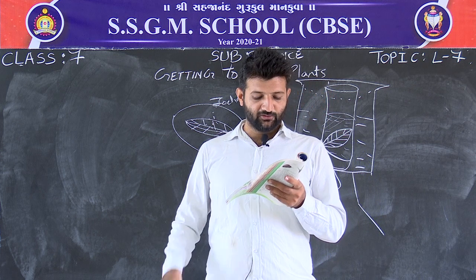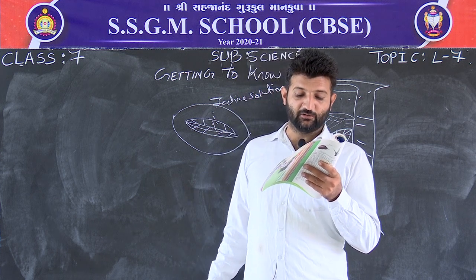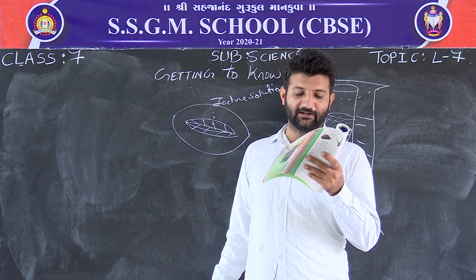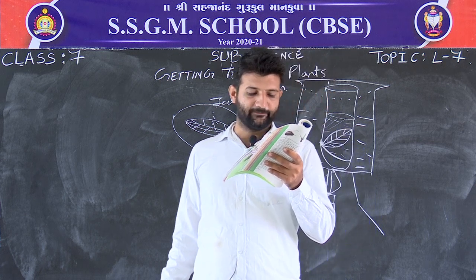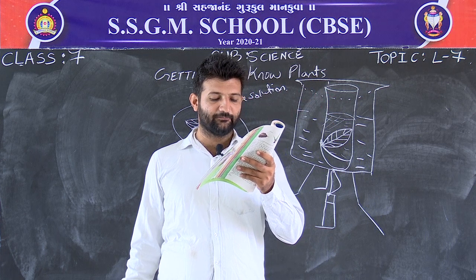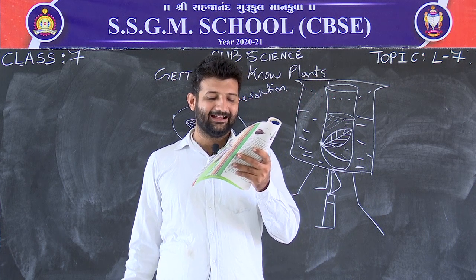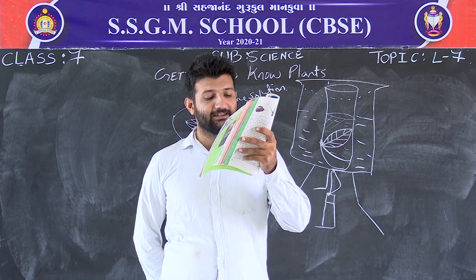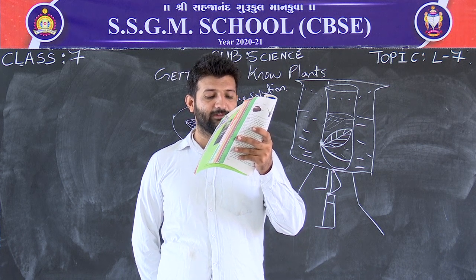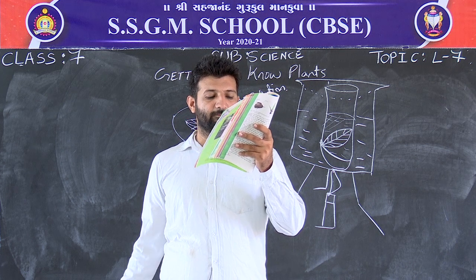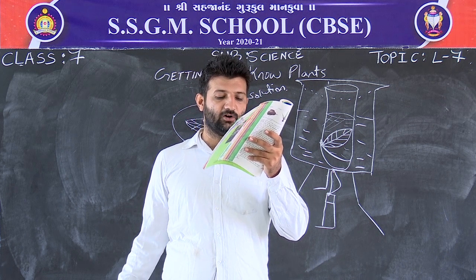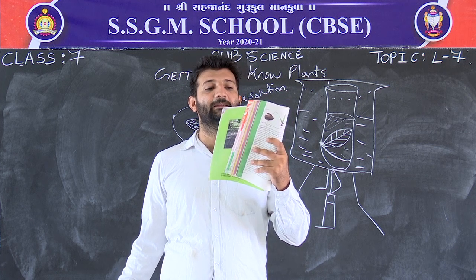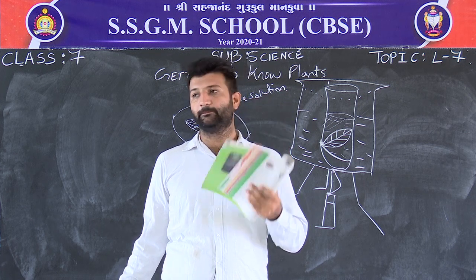Okay. In chapter 2, we saw that a slice of raw potato also shows the presence of starch. Potatoes get this starch from other parts of the plant and store it. However, leaves prepare their food in the presence of sunlight and a green colored substance present in them. For this, they use water and carbon dioxide from air. This process is called photosynthesis. Oxygen is given out in this process. The food prepared by leaves ultimately gets stored in different parts of the plants.